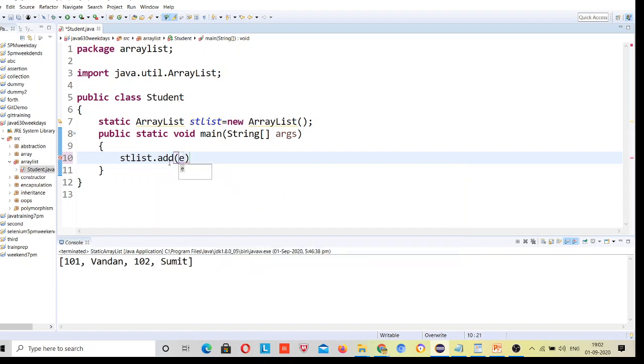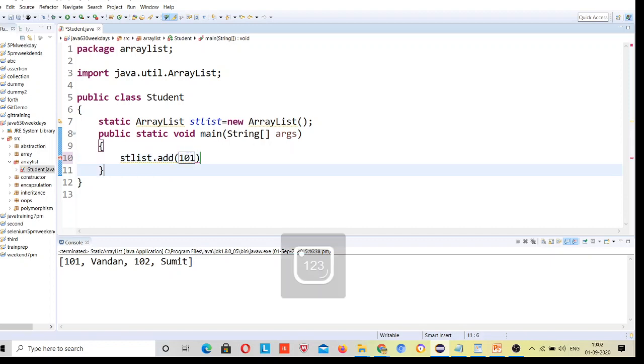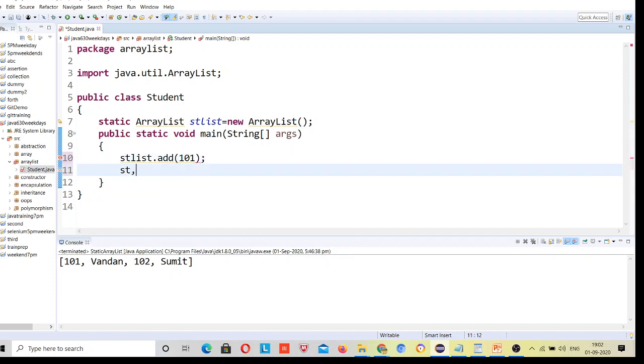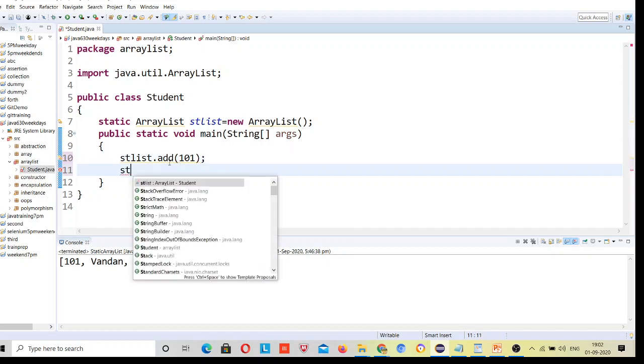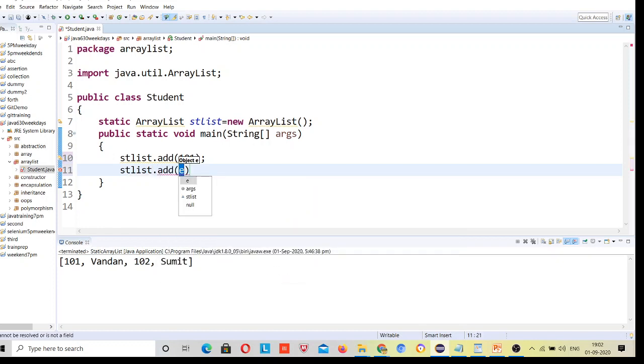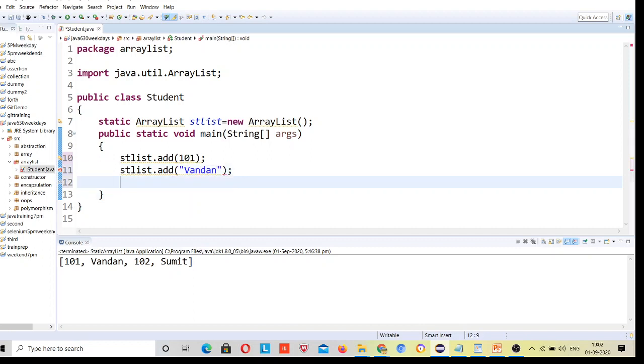St dot, here you can add one, 101. St dot, here I will add the name, so you can see that a string can also be added.